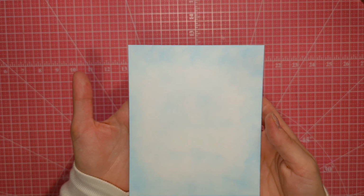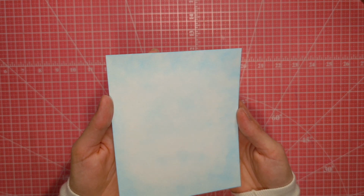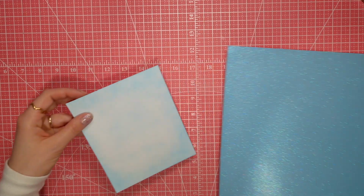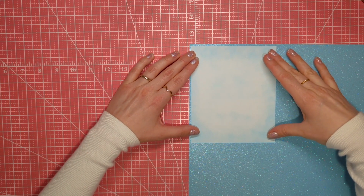Okay, and this is what we end up with. I think it looks really nice. It looks fluffy and the blue is so uneven, so it actually reminds me of the sky. I really like it. So I also want to add a little background to our background, so I think I'm